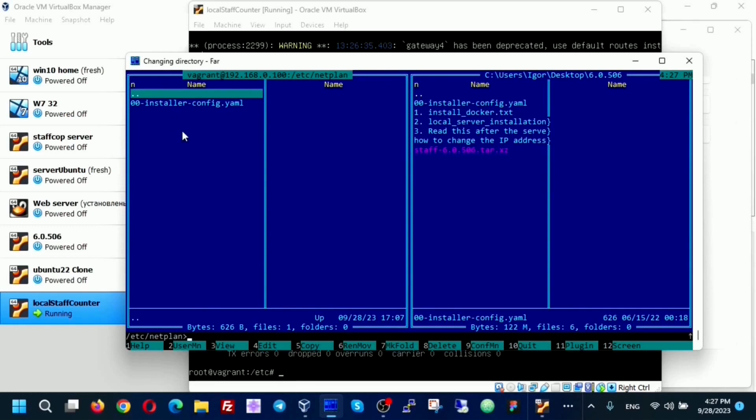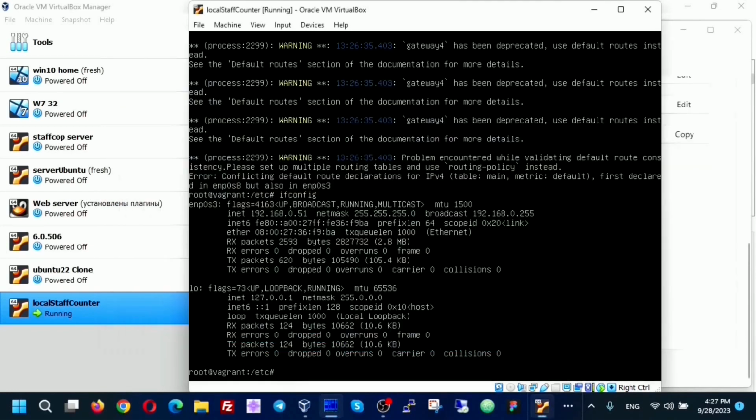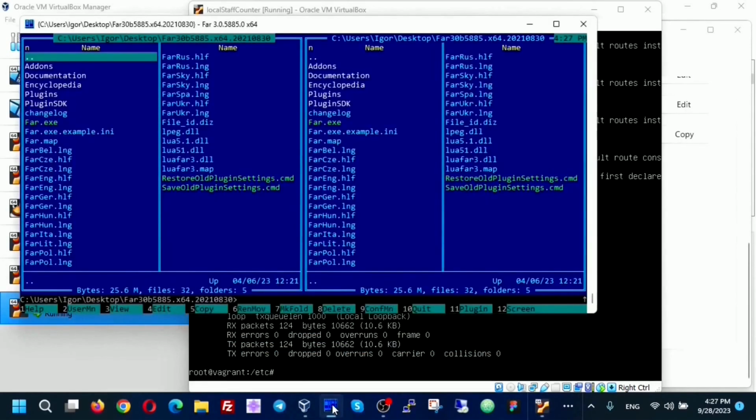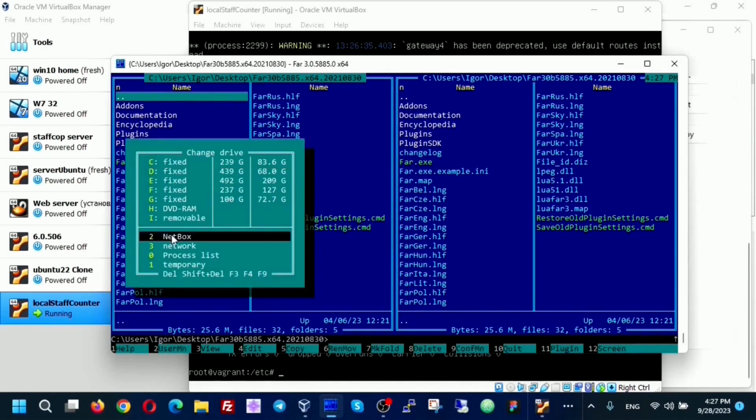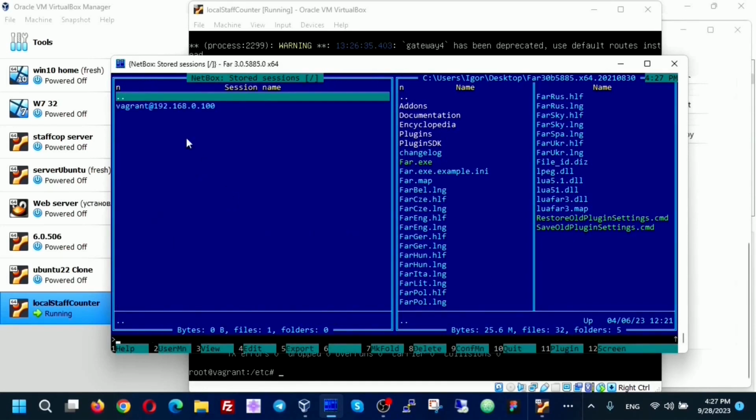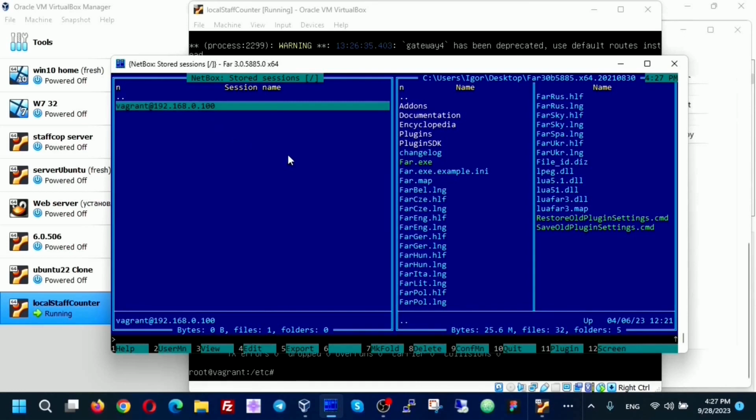I close the farm manager and open it again. And now I will connect the server using its new IP address. Alt F1, netbox. This address I don't need anymore. I can delete it.